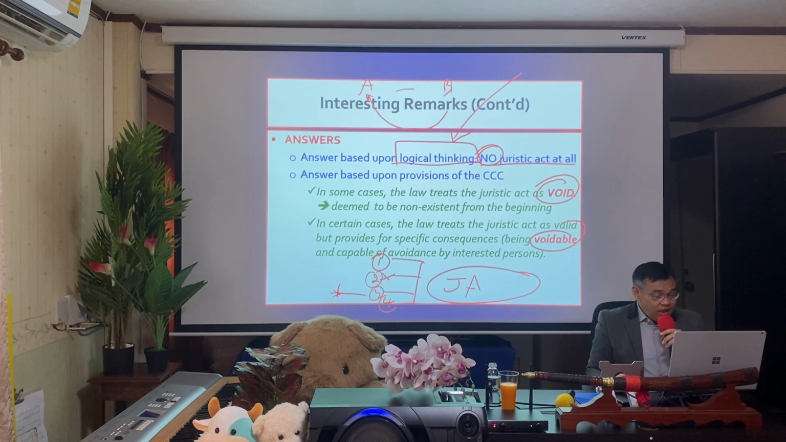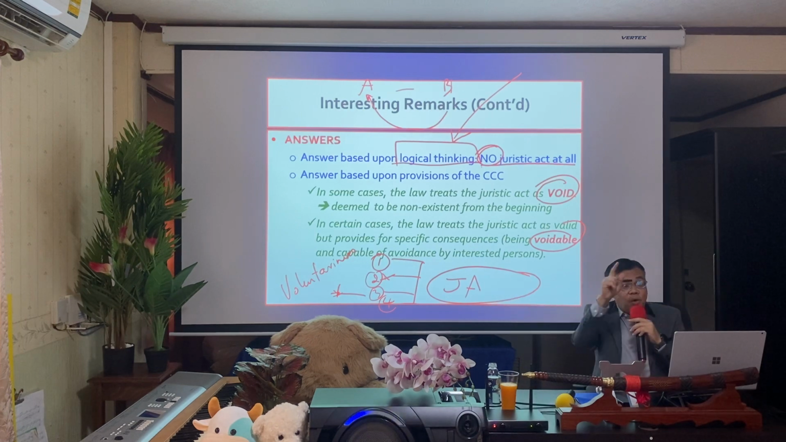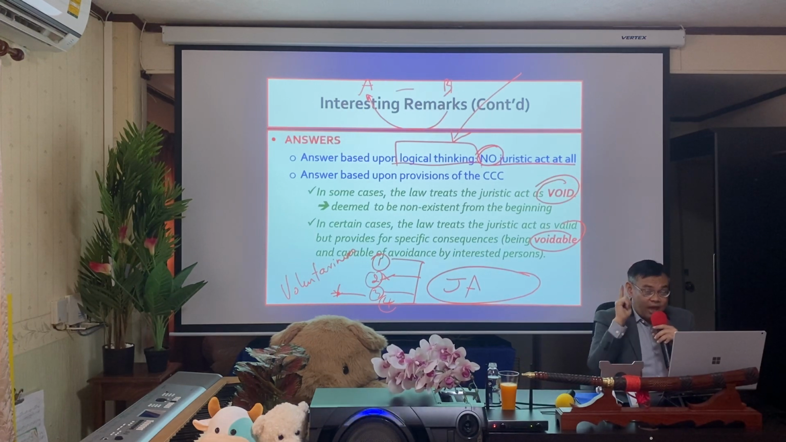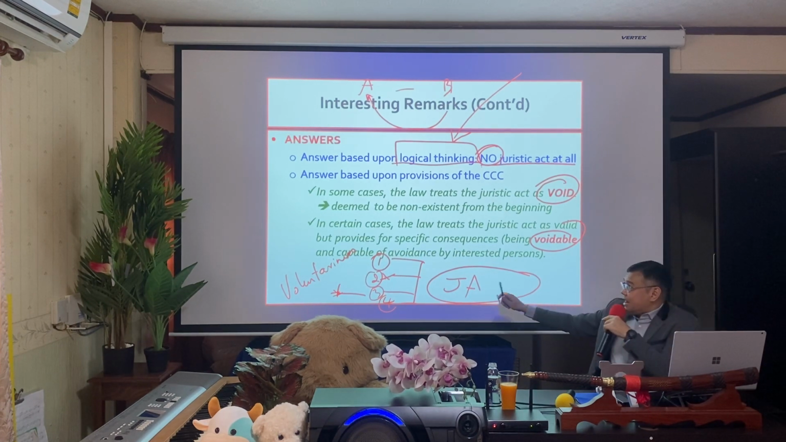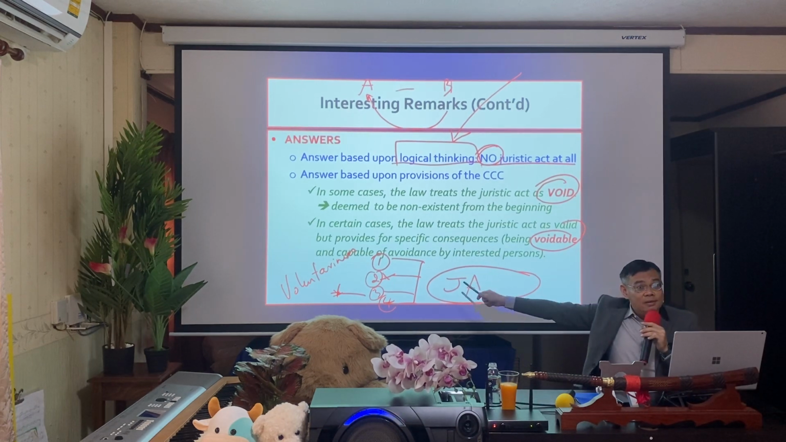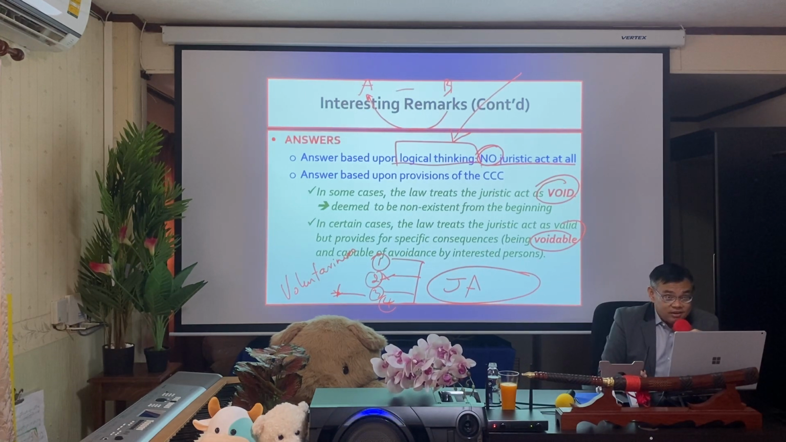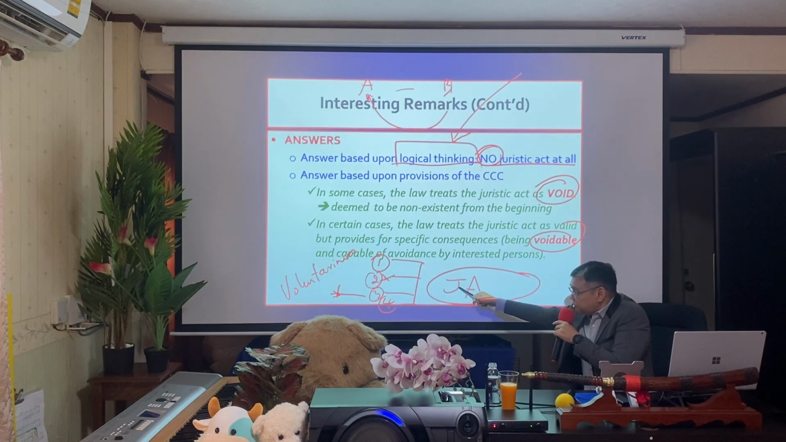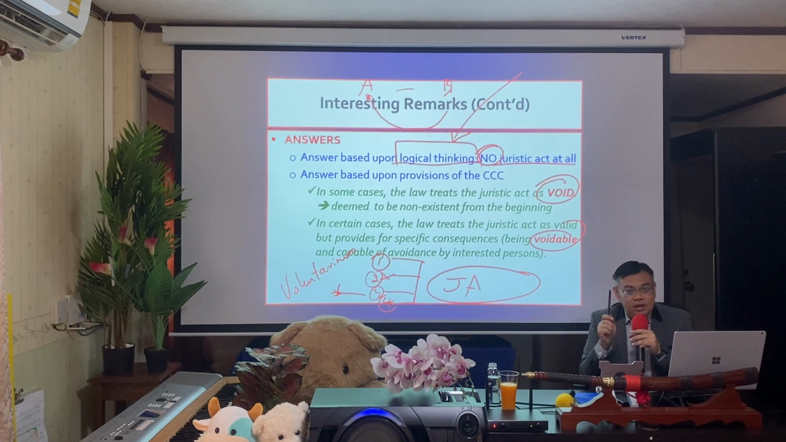What is missing is voluntariness, right? Remember, voluntariness is one of the 4 elements of a juristic act. But in this case, even though logical thinking may lead to the conclusion that when the juristic act between A and B is made without voluntariness, then there is no juristic act at all, if you look at Thai law, and I am sure that the same position is also found in the laws of some other countries as well,